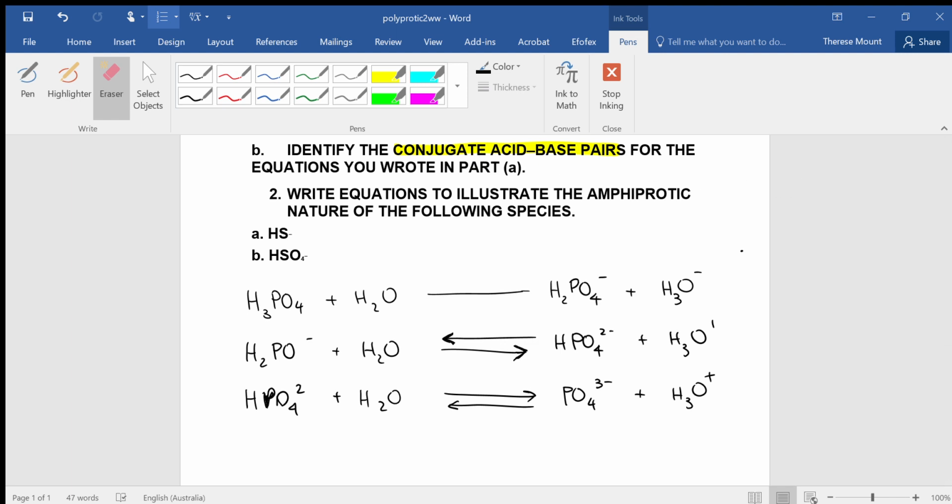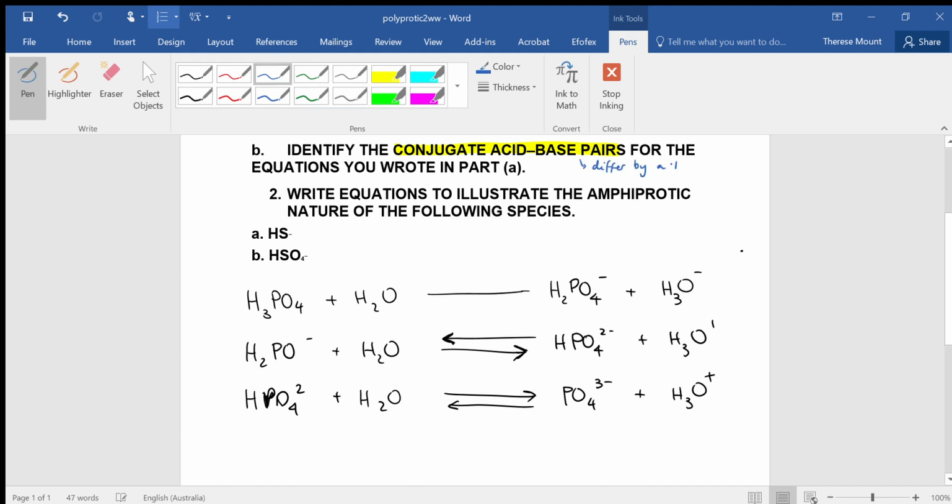Okay, so the second part of this question is asking us to identify the conjugate acid-base pairs for the equations we wrote in part A. So I've still got my equations. Now I need to think about my conjugate acid-base pairs. A little recap: we know that these pairs differ